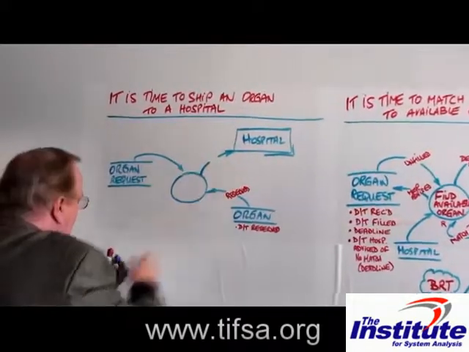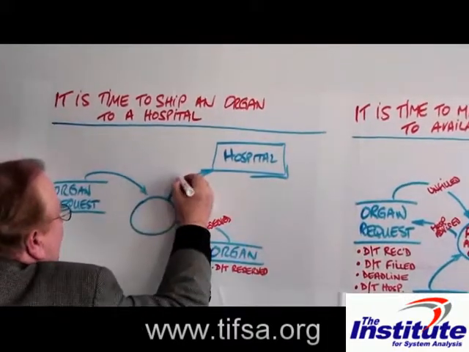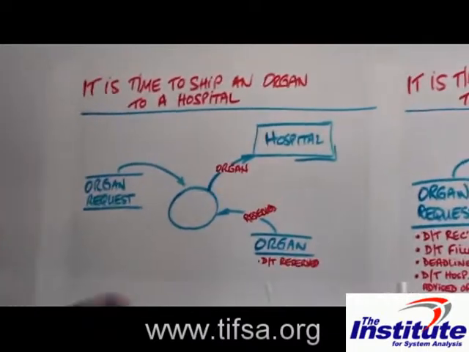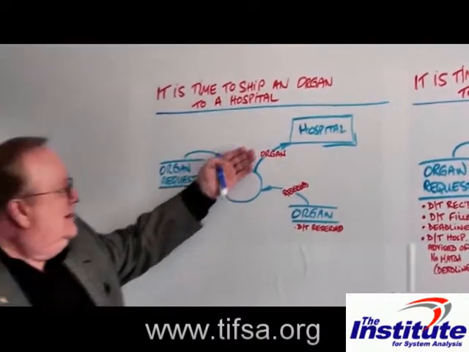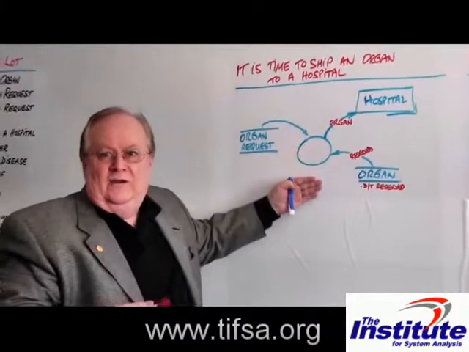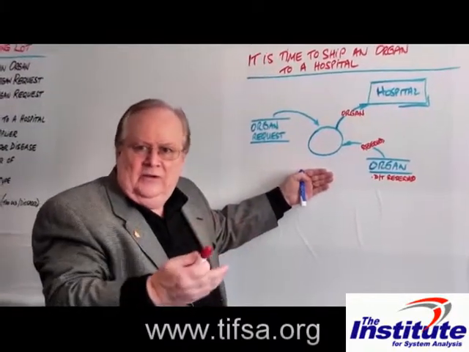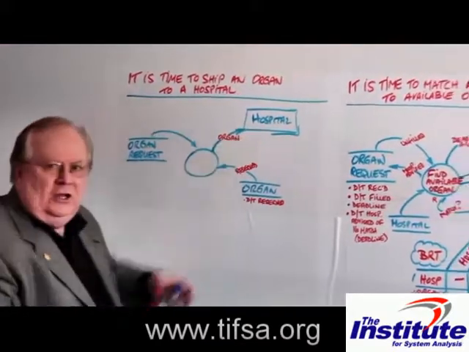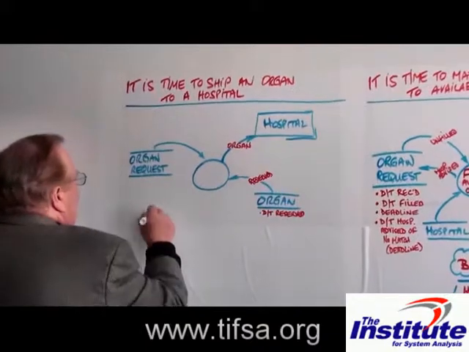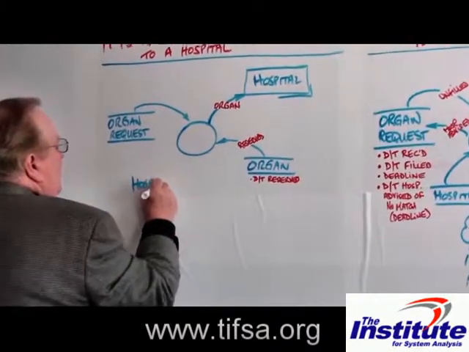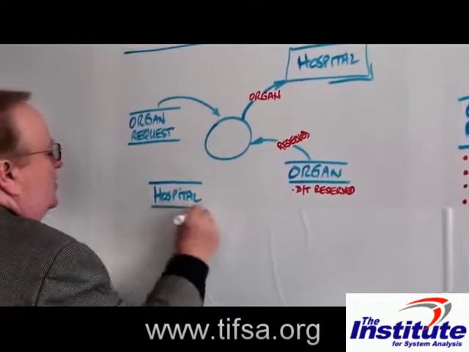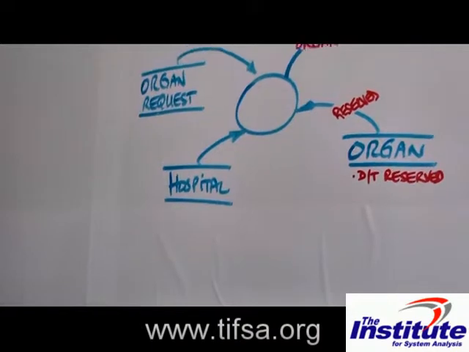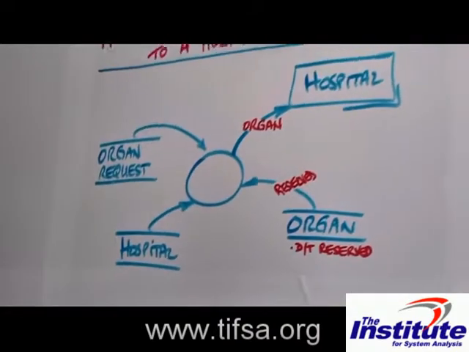So here we're going to send the organ to the hospital. And sometimes you'll see the way that I work is that I work backwards sometimes. I work from the end result back to, well, how did we figure out that we could do that? What information do we need? So we find the reserved organ for a specific request. We send it to the hospital. How do we know where the hospital is? Well, I'm going to put the hospital object here. And the hospital object has the contact information, has the location, and all of those things. Okay? So I can then send it to the hospital. But